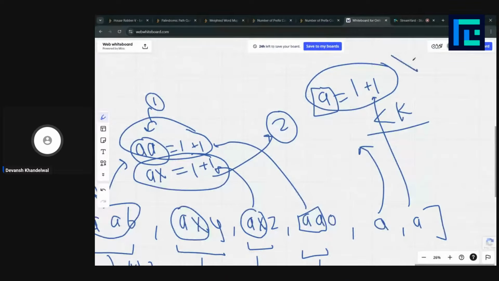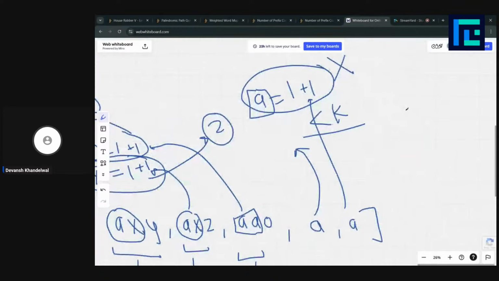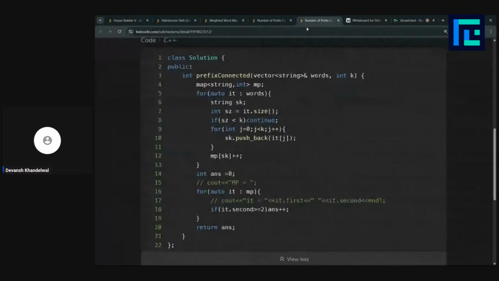But this is not the right answer, right? We need strictly the prefix of length k, not less than k, right? So I have this if condition: if the size of the current string is less than k, we are going to ignore that particular string.